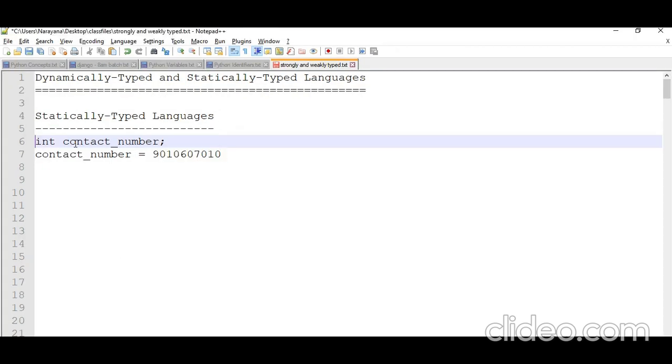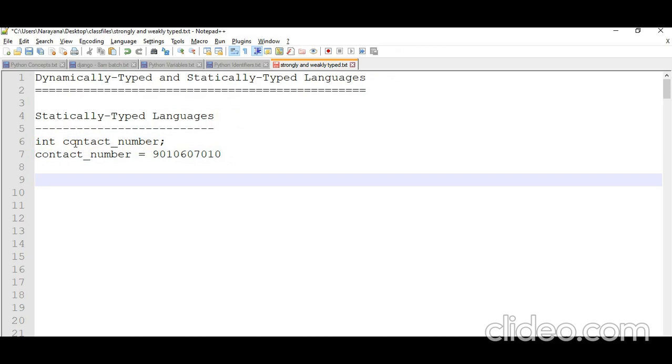Next, if I take another variable, suppose employee name, this variable also should be declared before using it.